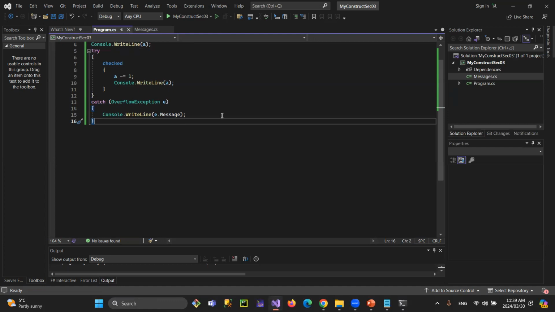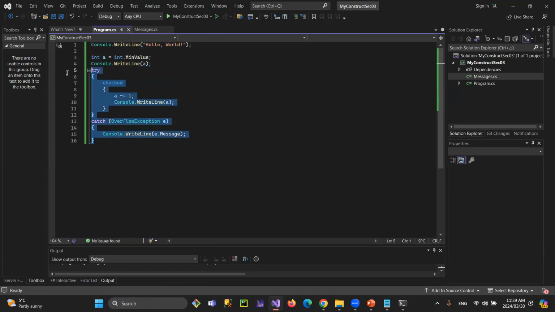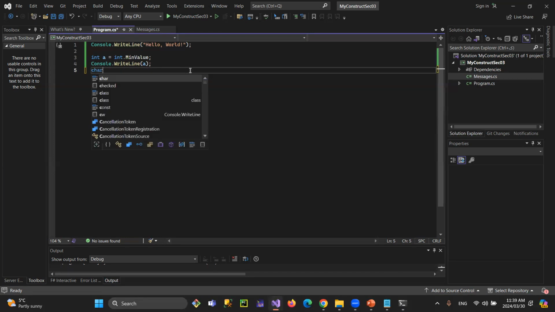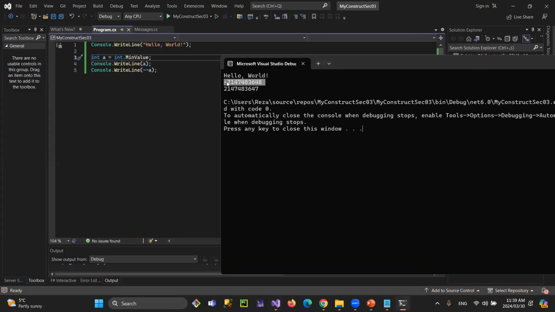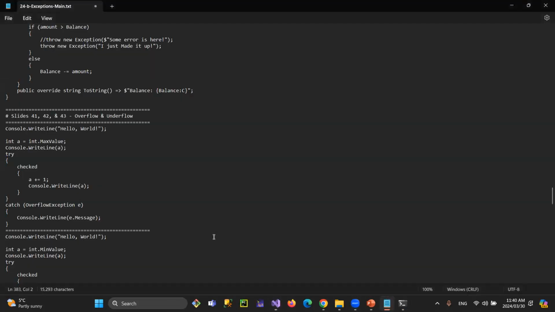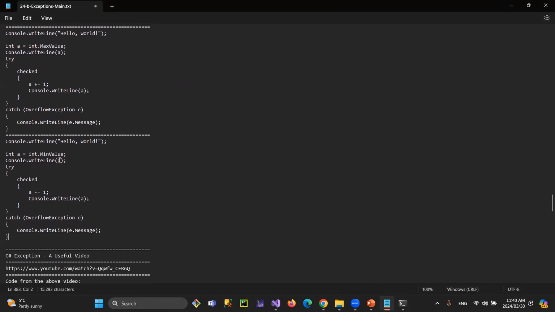That's the exception that's going to be raised, but in a very simple way of saying that, what if I say Console.WriteLine, and if I say minus minus a, let's see what's going to happen. It's going to show you this is the smallest number, and if you deduct anything from it, it's going to overflow and change the most significant bit. We call it the most significant bit, which belongs to the sign. Okay, by saying that, now we get to this part,